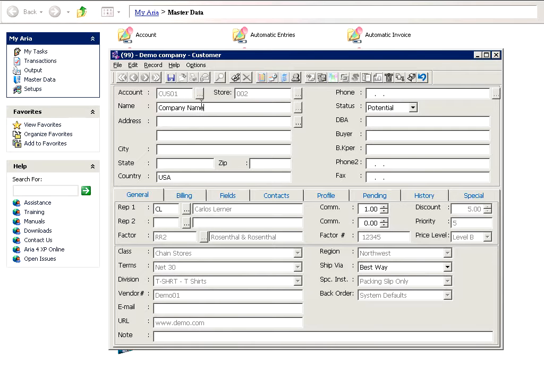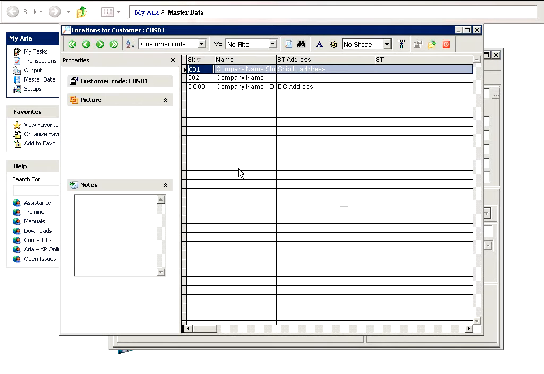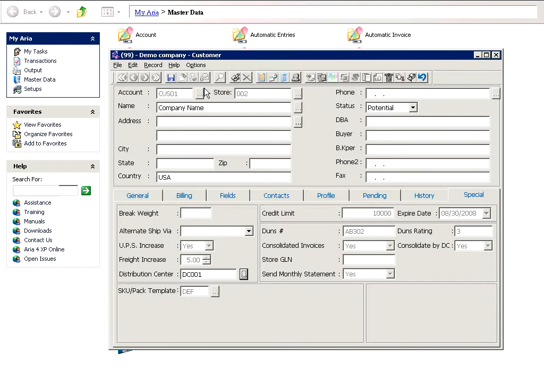So instead of actually typing the DC address over here, I'm just going to go to the special tab, and you see this field, DC center. I'm just going to click on this and say that when I ship the merchandise for store number 2, use DC number 01. So this address becomes NA, not applicable, right? Some of our customers actually use this to save the street address of the store,